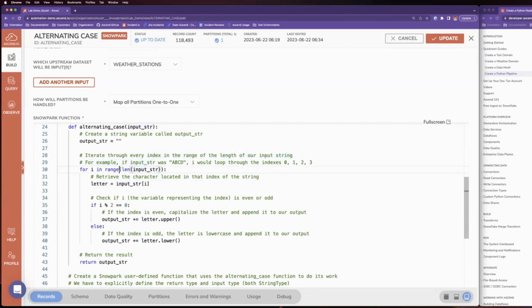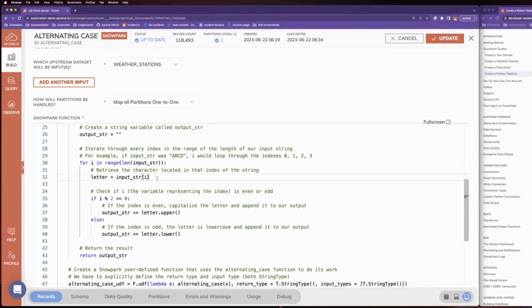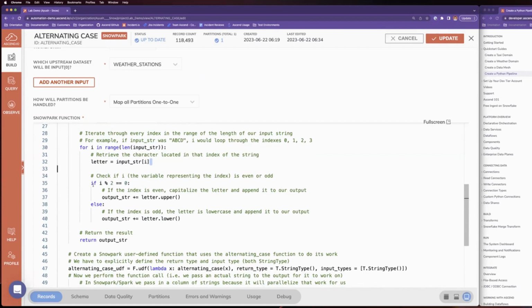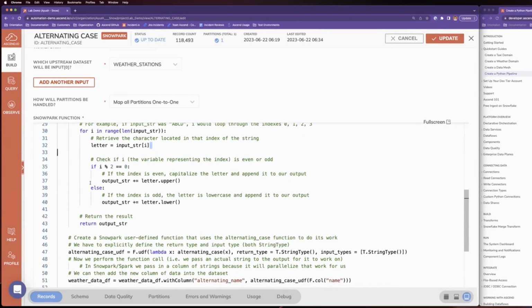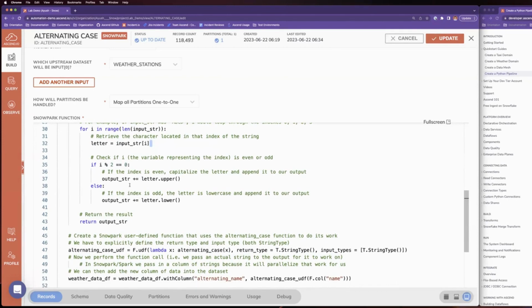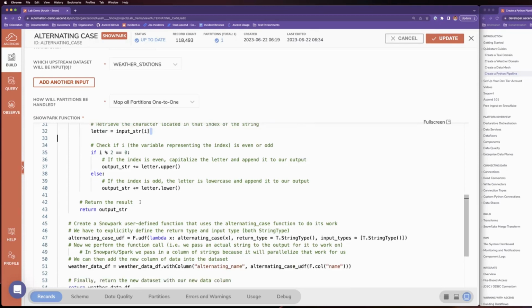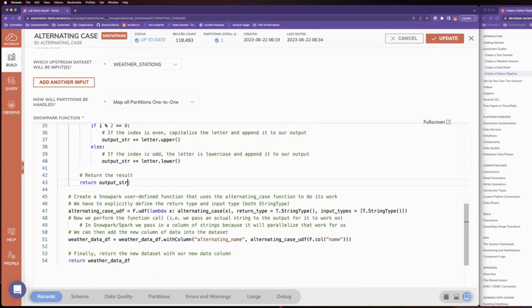But when you have the length of it and you're going through every index of it, you're going to say, okay, what is the character that we have at that point, right? So in this case, it's a letter of a word. So what is that character? And what is the index that we're at? Is it 0? Is it 1? And since we wanted every other one to be lowercase, then we're going to check whether it's divisible by 2, as in, is it an even or odd index? And if it is an even index, we want to keep it capitalized, or capitalize it if it's not. And if it's an odd one, which is again every other, then we want to lower it, as in make it lowercase in case it's uppercase, or keep it lower if it's already lower. And at the end, we'll just return the output string.